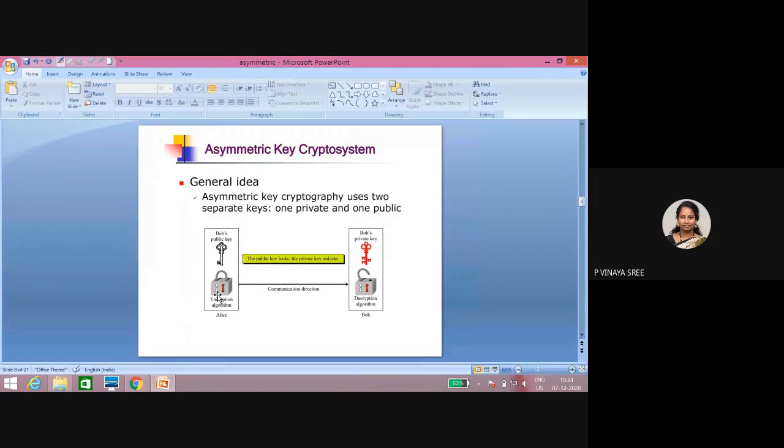Authentication is what? Whenever I receive something, I should know who it is from. For example, I got a parcel from Amazon. It will say that this is an Amazon product and this is the delivery date. So by that, I know that this is from Amazon, not from Flipkart. So how can Bob know a message is received from Alice, not from someone else? Does it have to be encrypted with the private key of Bob or the private key of Alice?